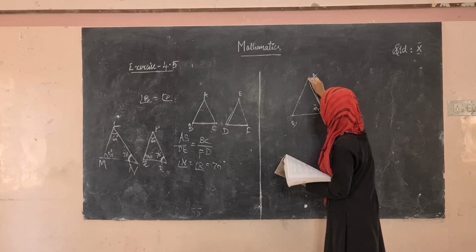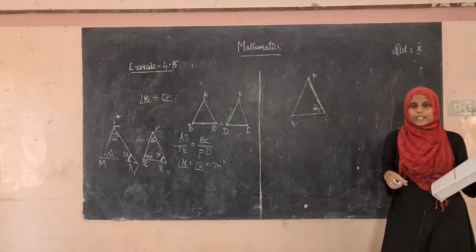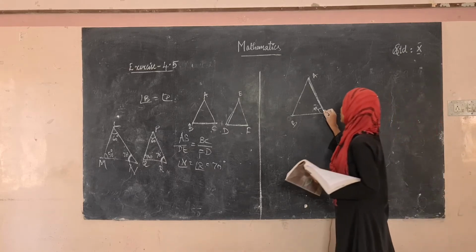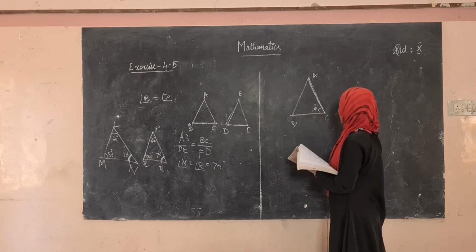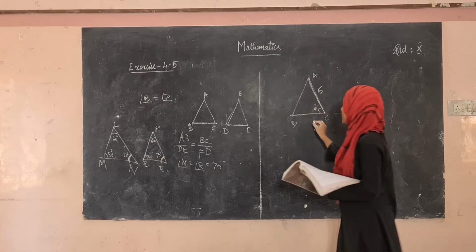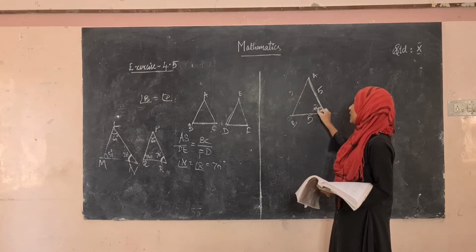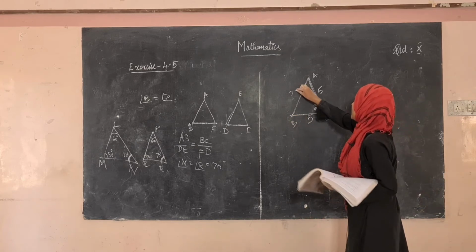So isosceles triangle means two angles will be equal and the two opposite sides will be equal. So see here, this and this are going to be equal. In your question they have given AC is 5 centimeter. Since it is an isosceles triangle, this is 5 centimeter. We have to find this value. Since it is 90 degree here, this is the hypotenuse.